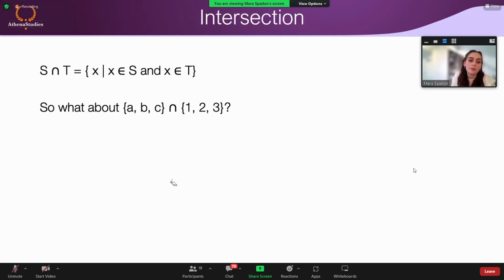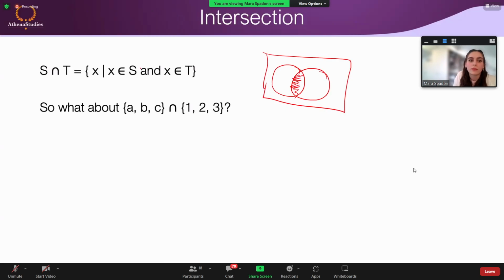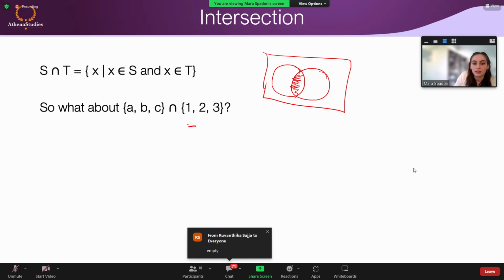Intersection is kind of the opposite. Remember, we would draw the Venn diagram. You just take whatever overlaps. So we take elements of X and elements of T. So what is the intersection of these two sets here? They're overlapping elements. It's the empty set indeed, because they do not have any overlap, right? ABC does not overlap with 1, 2, 3. So they are